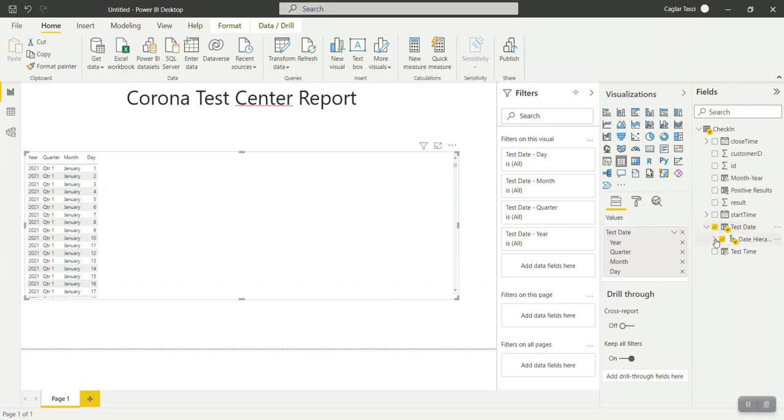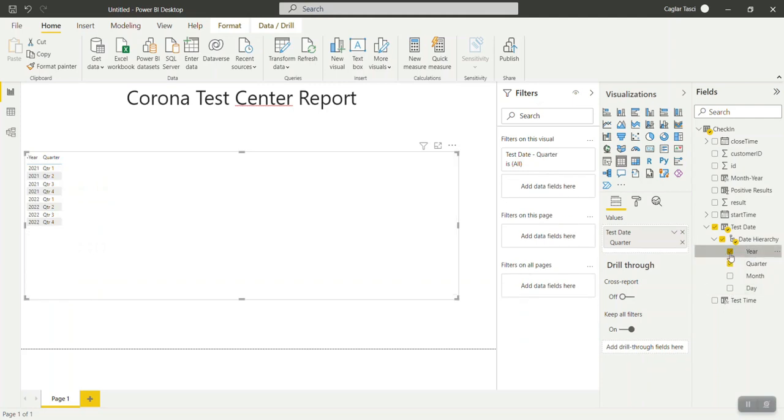So on the values towards the right, we can choose a drop down, or we can remove these. If I only need quarter, we can keep it, but in this case we will just use this drop down, and we will change it from the date hierarchy to the test date. So it's the same as it looks in the data view now.